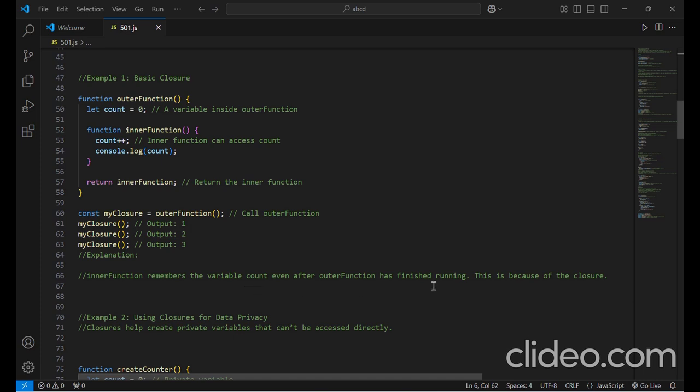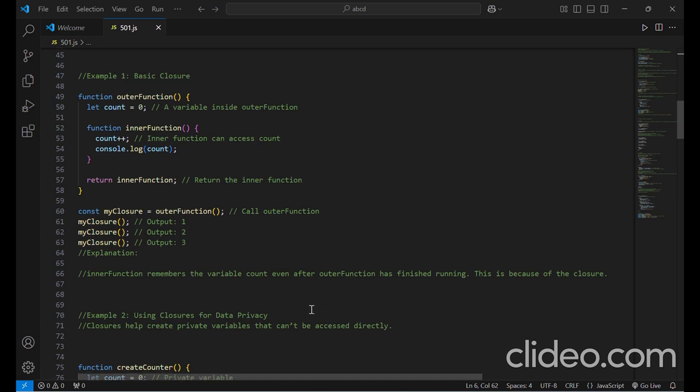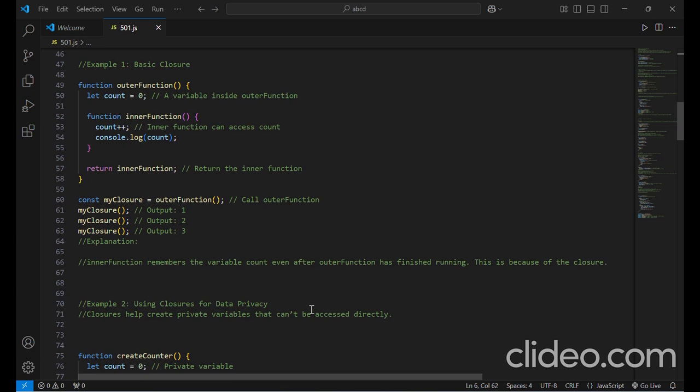Inner function remembers the variable count even after the outer function has finished running. This is because of the closure. Let us understand